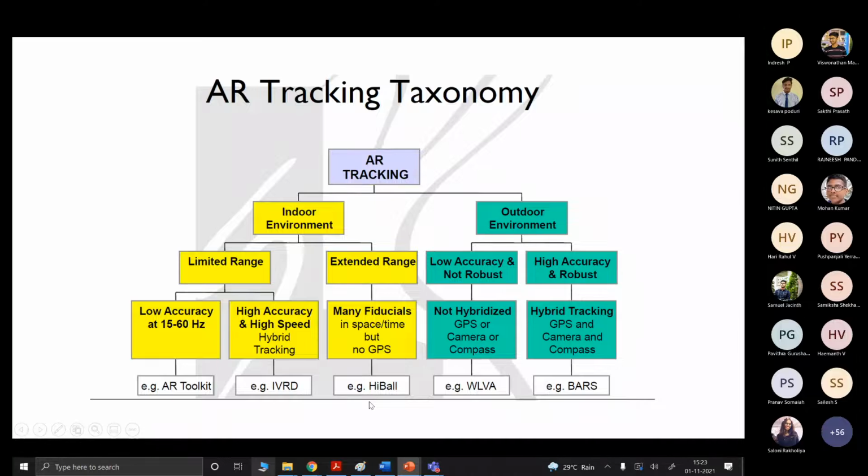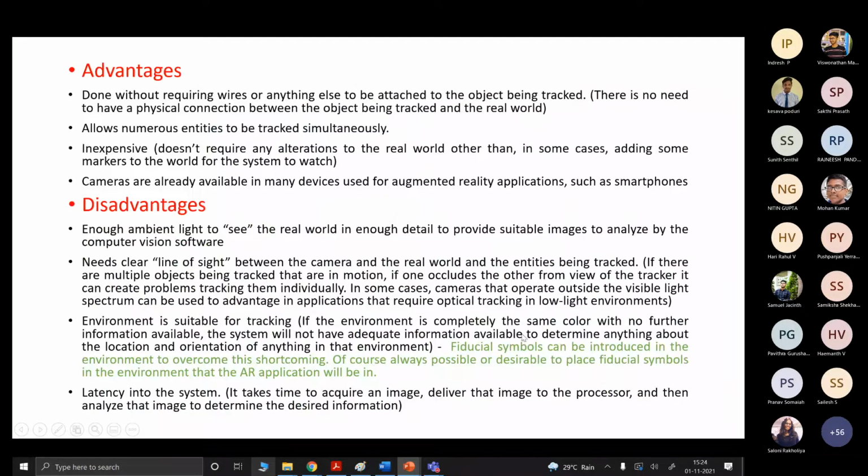All those are examples of optical tracking systems. It also represents what kind of scenario each will be helpful in. In the case of an indoor environment, if it is limited range with low accuracy, the best example tracking system is AR Toolkit. Likewise, the examples are specified here.